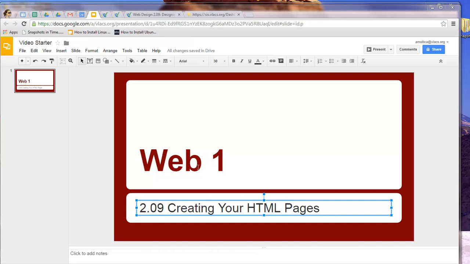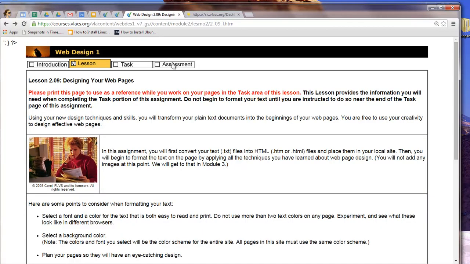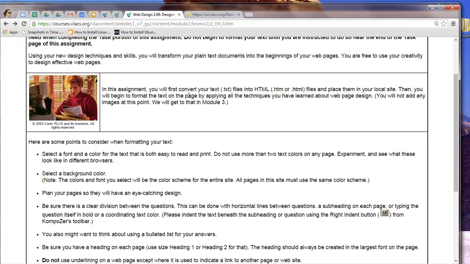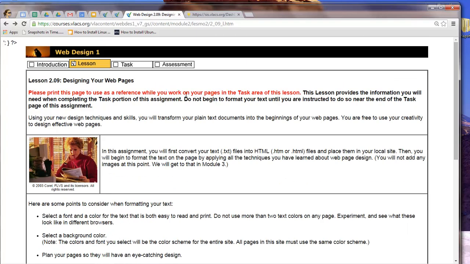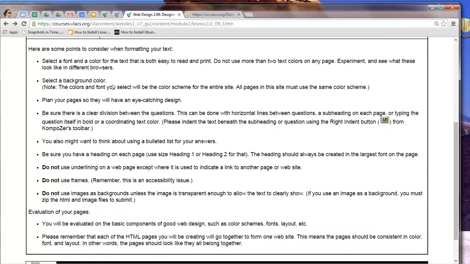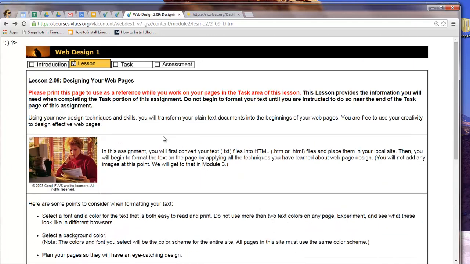Okay, so today here's a tutorial to help you create your HTML pages in Web 1. This is in regards to Web Design 2.09, designing your web pages. Now I asked you to print the page. You don't have to. You can copy and paste. You can bookmark it. But the idea is that you'll keep these things in mind as you create your web